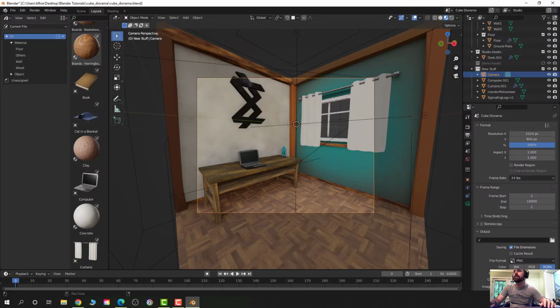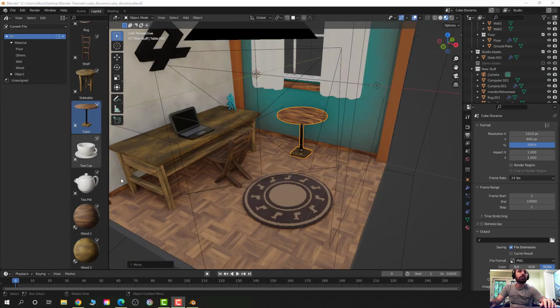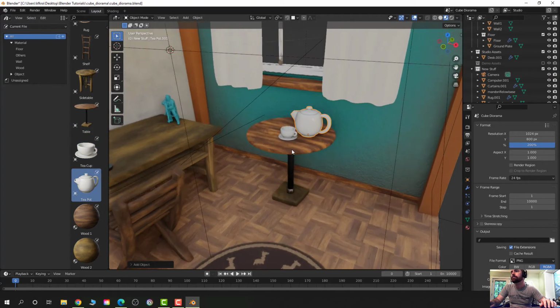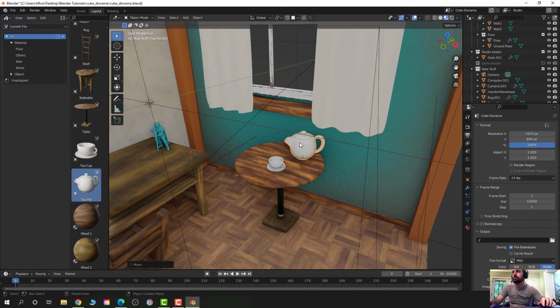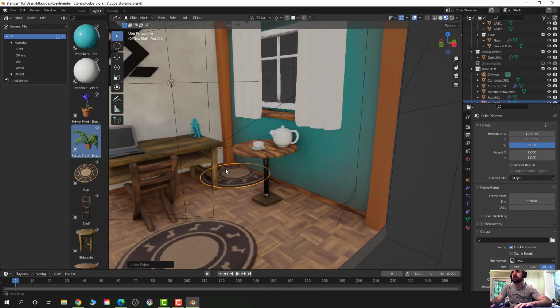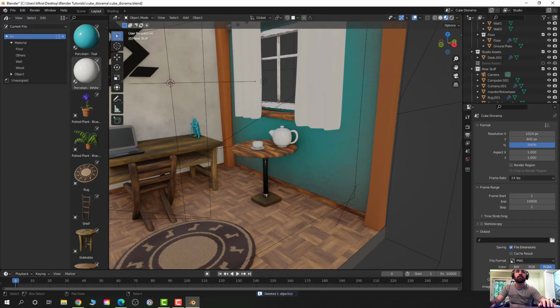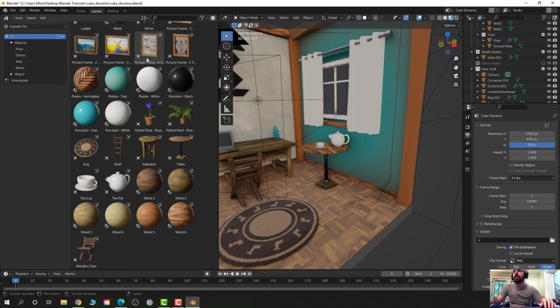So I'm going to close that. I'm going to pause for a minute, and then I'm going to start putting stuff in the room, making my scene the way I want it to look. And so a note on the asset browser, if I expand this a little bit and